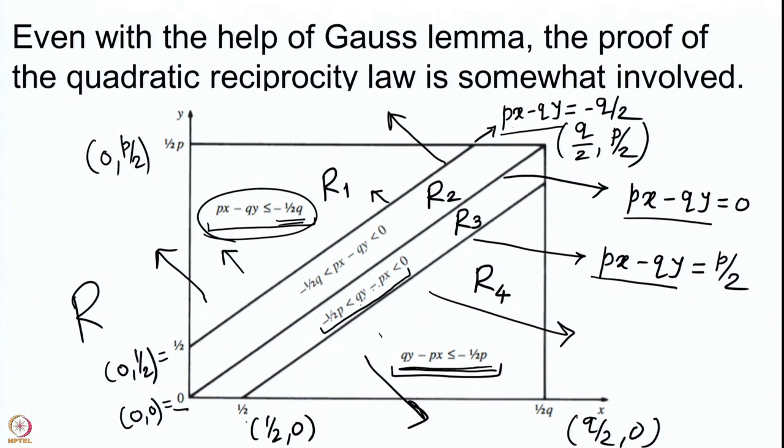We have multiplied by minus 1 here to get the corresponding inequality, and here we are going for px minus qy from 0 to minus q by 2. Here we are going from 0 to minus q by 2, in this direction we go from 0 to p by 2, but the inside part has negative 1 multiplied to px minus qy. These are the 4 regions. So, I will now erase these writings and write the equations for you of these regions.